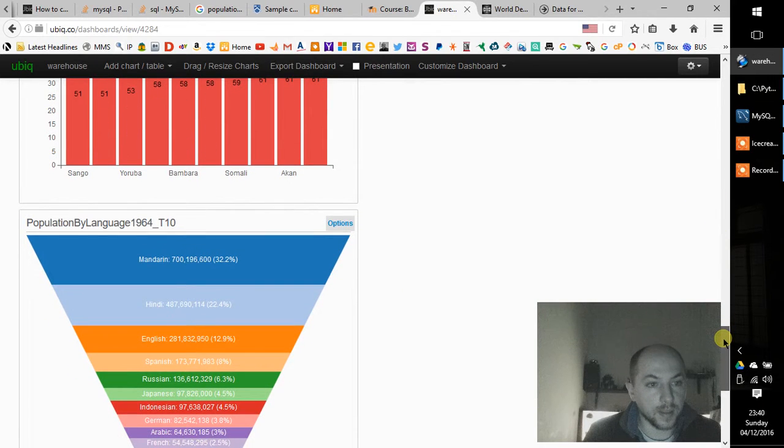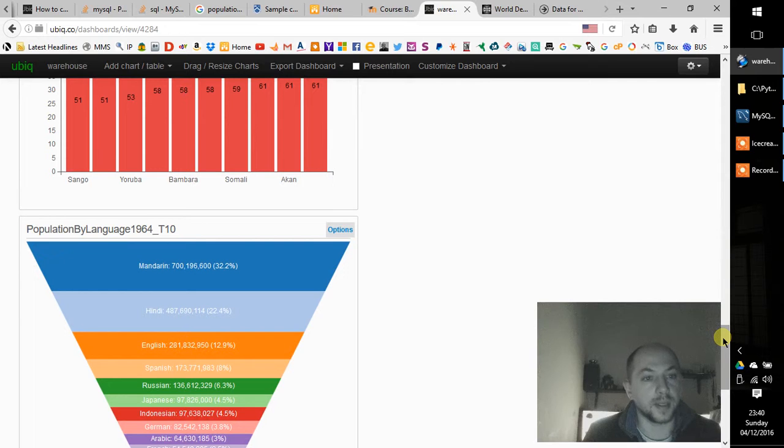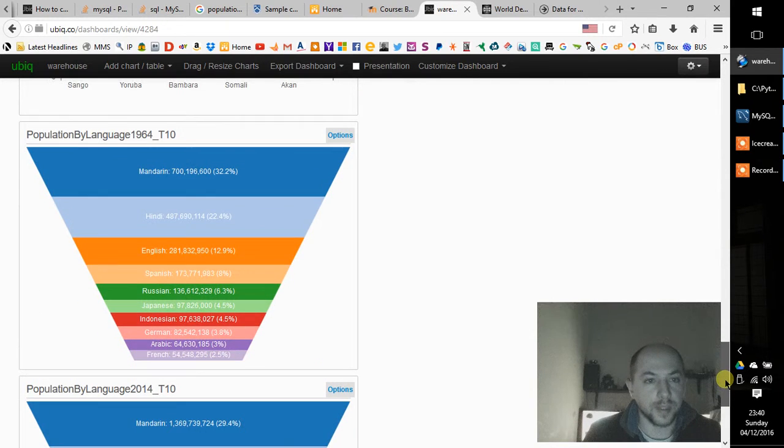What do we have here? Population by language in 1964. So we have here Mandarin, Hindi, English, Spanish, Russian, Japanese,